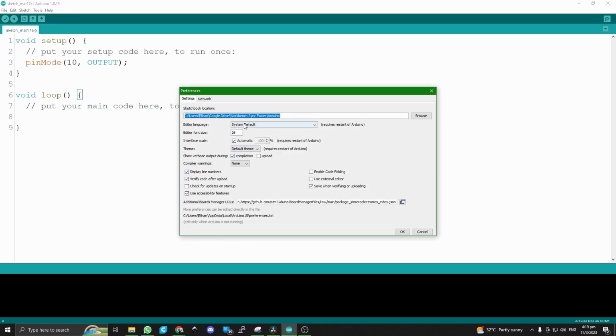You have your editor language, which we'll set as system default, and font size. If your font size is starting off pretty small, then you can increase it. And this is interface scale. I don't know what it does, leave it as automatic. Theme, default theme, and of course we have show verbose output. This is how much information will be displayed on this terminal over here when you upload code. In this case, I've set mine to compilation. You can also set this to upload if you want to debug your uploading to the board, but I feel that this isn't very